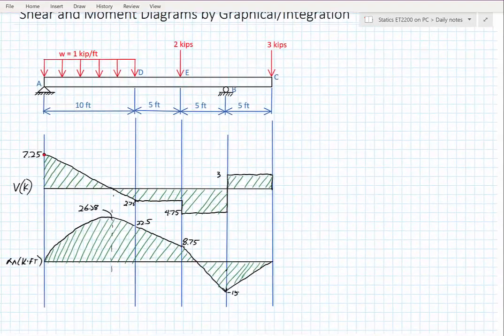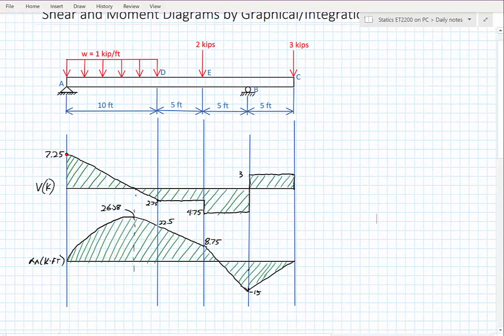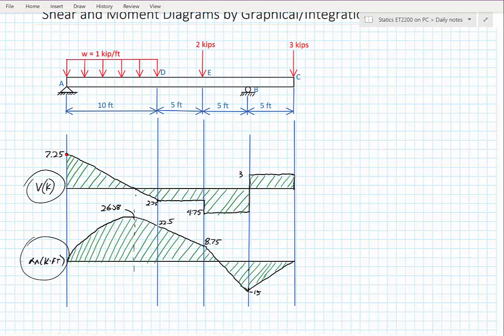I have a sample beam shown here with this 1 kip per foot over 10 feet, a concentrated load of 2 kips, and a 3 kip load on the end. And if I look at what the shear diagram and moment diagram would look like, I see examples of those down there, and they tell us a lot of valuable information, such as in the shear, I see that I have a maximum shear of 7.25 kips, and I can see how it changes throughout the beam, right? For the moment, I see I have a max positive moment of 26.28 kip feet, max